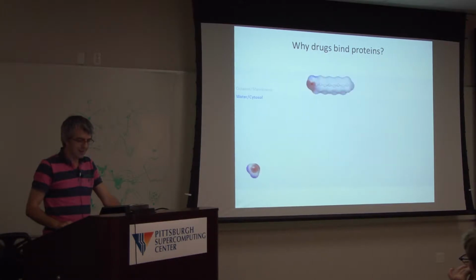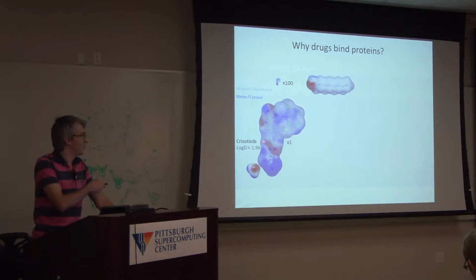And I want to discuss a little bit about why drugs bind proteins. Now, for each drug, you might have seen they calculate a log D value. This is the partition coefficient. This value tells how much this drug molecule, this is a drug molecule, it was FDA approved in 2011. This log D partition coefficient tells you how much this drug molecule likes to be in membrane or in octanol. Okay, so you see, again, the coloring is based on electrostatics. This part of the molecule would like to be in water, but most of this hydrophobic surface would like to be in